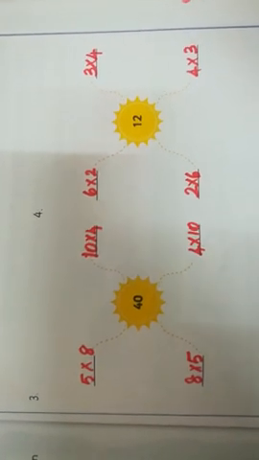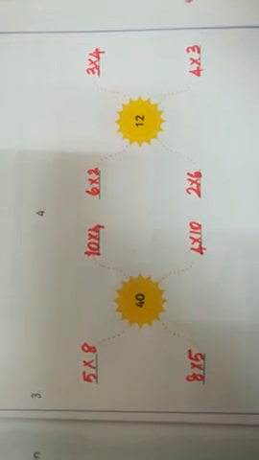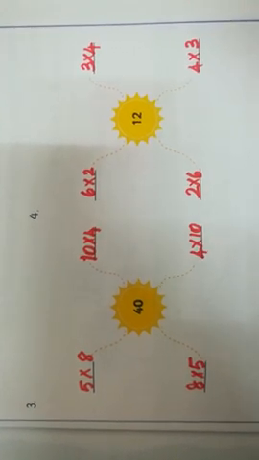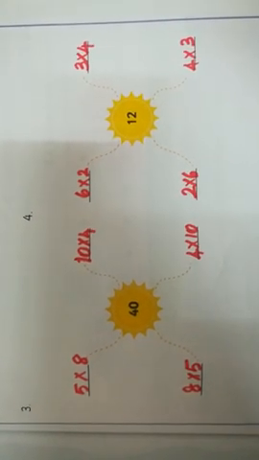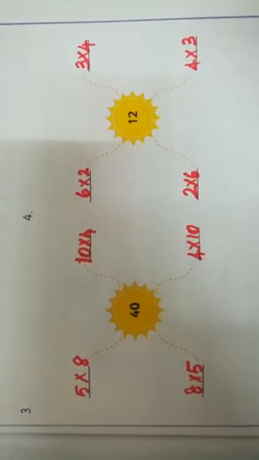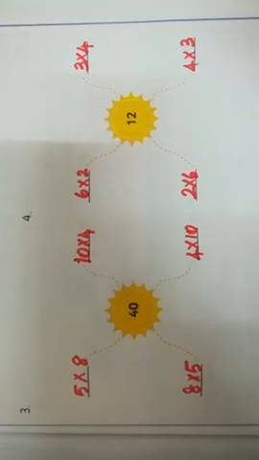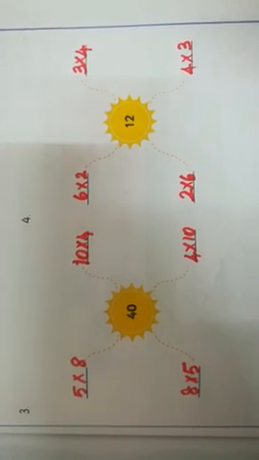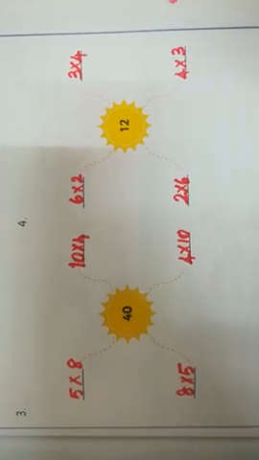Now, children, you have to take your note. I am going to give an example for this sum. You have to do the multiplication facts for these numbers also. The numbers will be 20 and 36. Write in your note and write the multiplication facts of the given numbers, children.